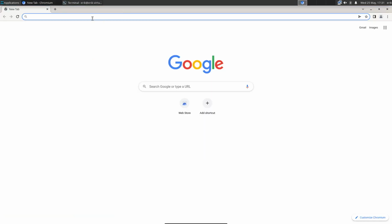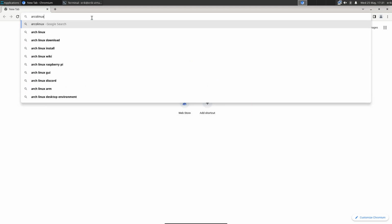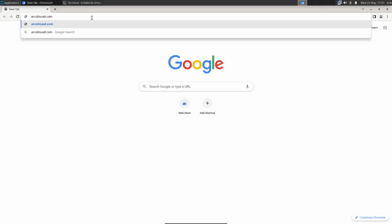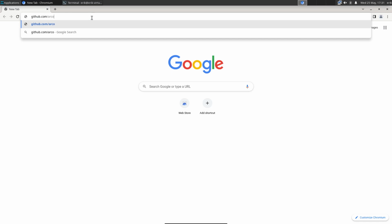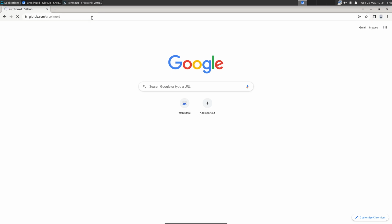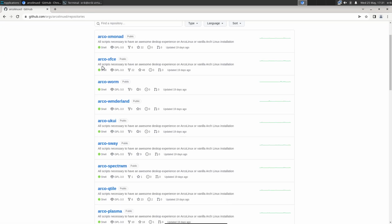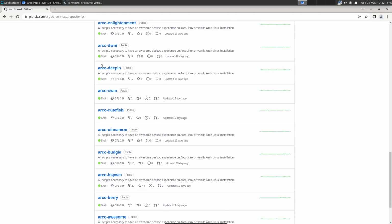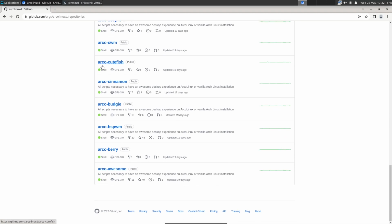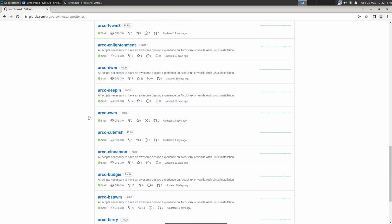A long time ago. Project is 5 years old. Can you imagine that? 5 years. GitHub. Let's go straight to the source. ArcoLinuxD. Right? Here are 29 repositories to install 29 desktops. Some of them are still in testing, right? This buried thing and all that. But some of them, well,